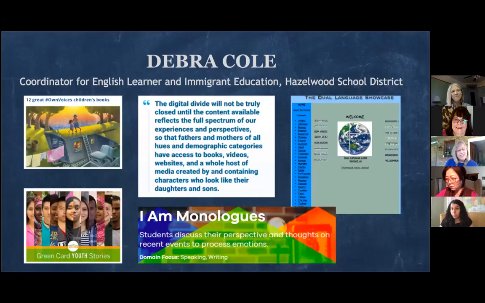Another thing about this digital divide, that it's not just getting access. I think that, you know, Hazelwood, we're really fortunate that we're a resource-rich district. So we're getting hotspots to everybody who doesn't have one. We're getting Chromebooks. Grade 3 to 12 already have them, and we're able to take them home. And with our EL kids, we're using some of our EL only resources to make sure that our pre-K 2 families also have these materials.